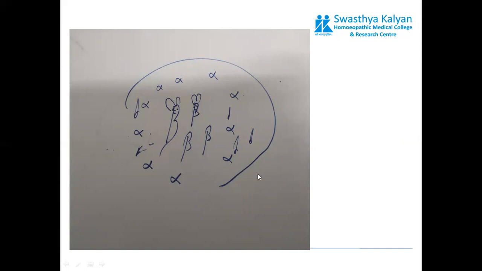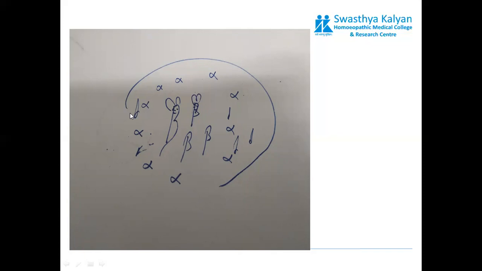Now, for this, we have to remember that we have more than 1 million islets of Langerhans. This is a very important point, that we have more than 1 million islets of Langerhans. So now we will focus on this image. I'll draw an islet of Langerhans in the enlarged version. I request all of you to draw this diagram.